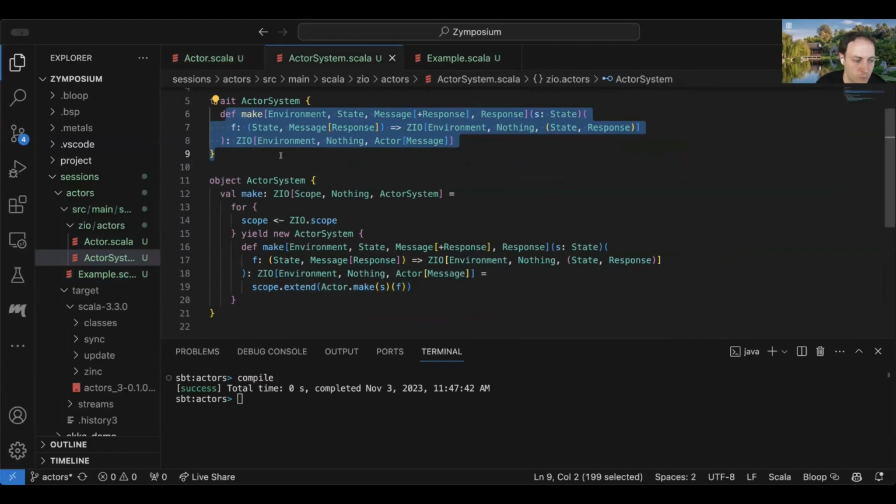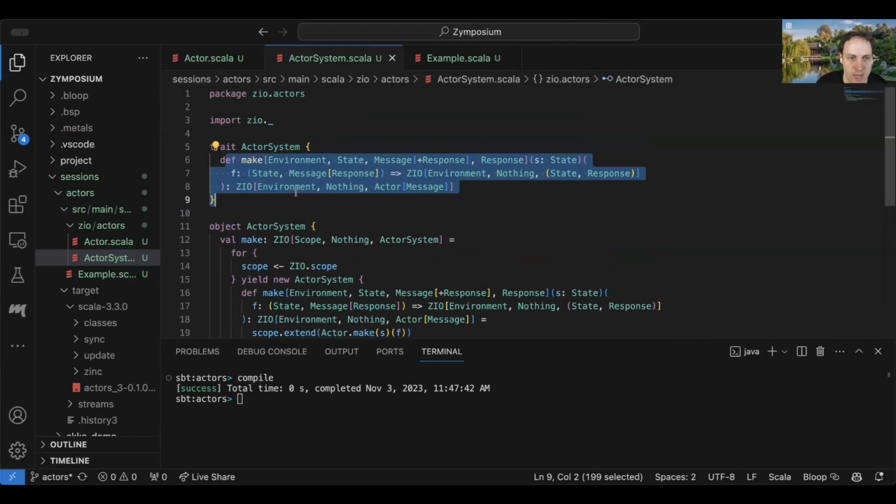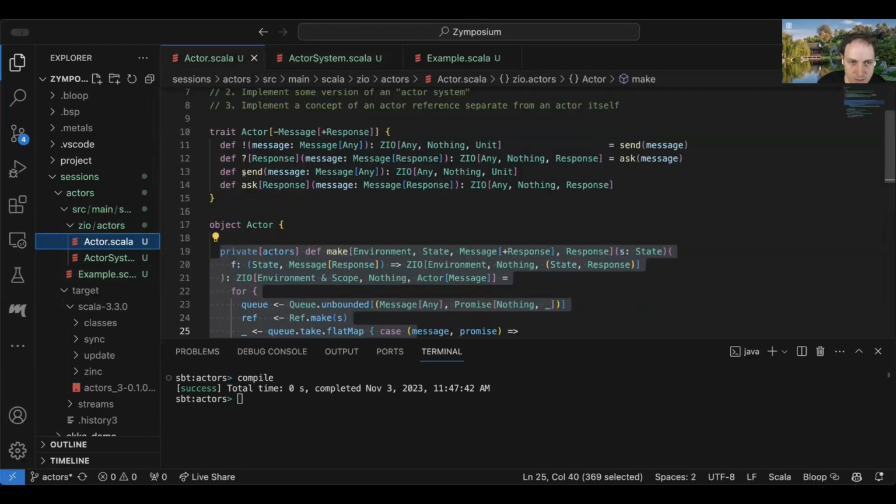I think I'm going to try to explore one more thing before we call it a break here. And that's going to be this concept of, I think we call it an actor ref. The idea is essentially, if you've worked with some of these other things like Akka, when you do this ask or send, you're not actually doing it in a lot of cases to the actor yourself. You're doing it to the actor ref. And essentially the actor ref you could think of as a reference to the actor, but not the actor itself, because the actor is maybe not even in this place.